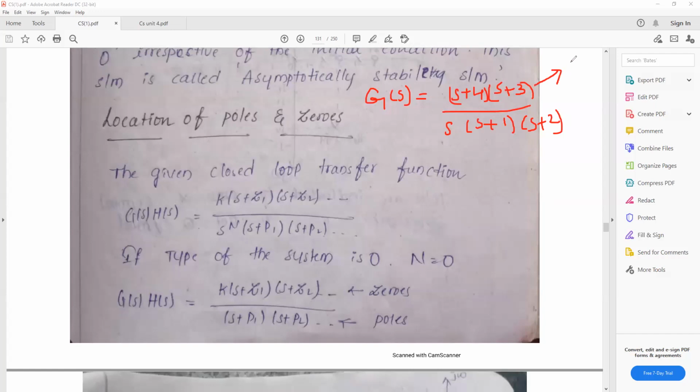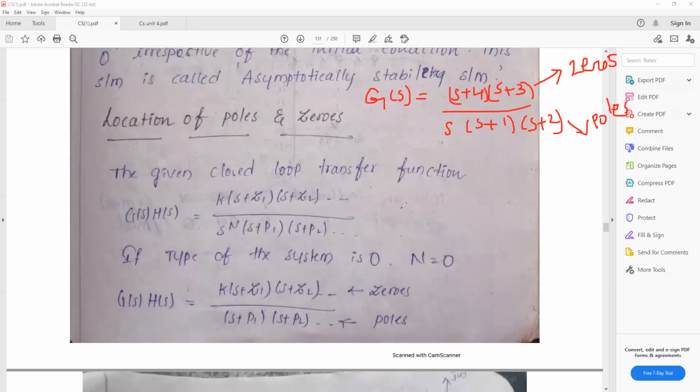numerator roots are called zeros. Denominator roots are called poles. Okay, so